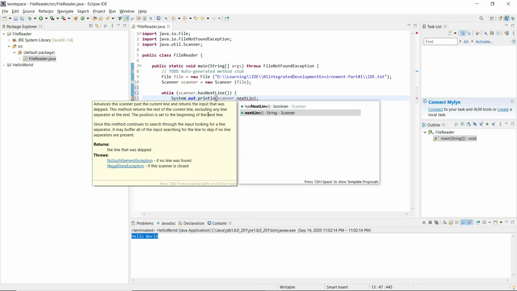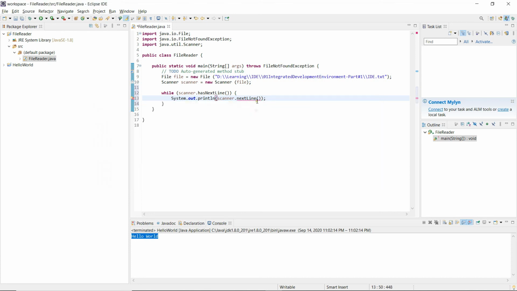So this is how we'll be able to search for the APIs that are available in each class and the object of the class, and using the code IntelliSense we'll be able to select the API that we want to use, and the IDE will write the code for us. So now that we have written this code, let's see how to compile and run this code.